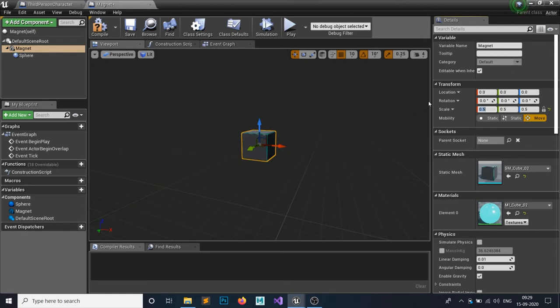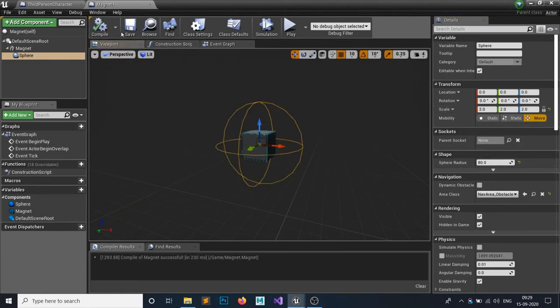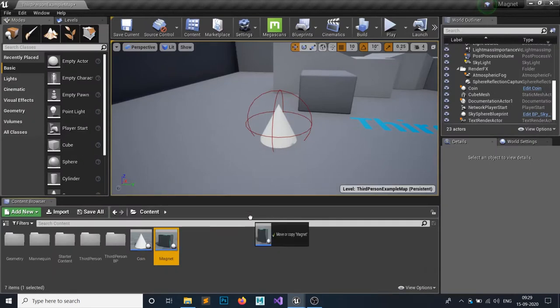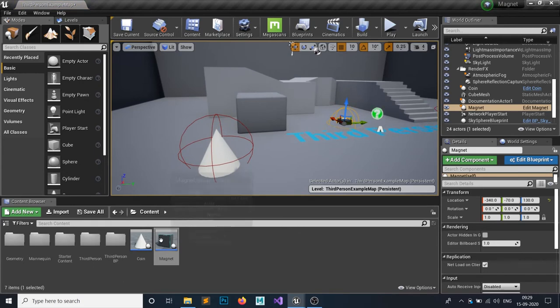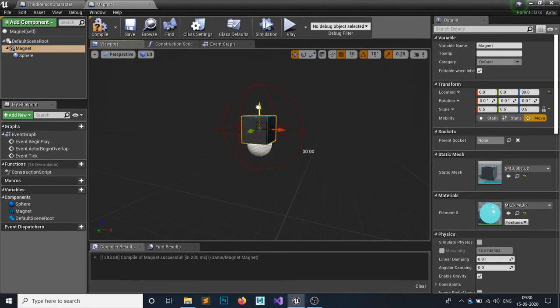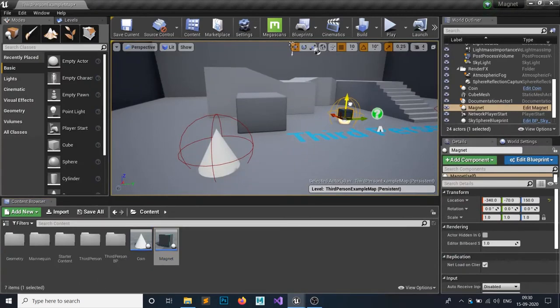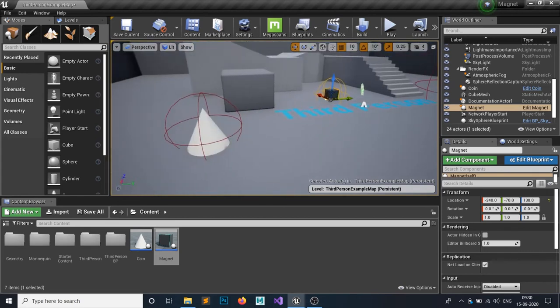The size would be 0.5. That doesn't affect much. And this one would be 80. Yep, I'm happy with this. Just grab and let's see how this is gonna look. Yep, it is looking a bit awkward. I'm just moving this so it looks centered. Yep, it is looking great. So this is our magnet and this is our coin.